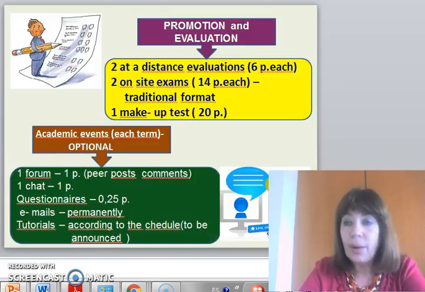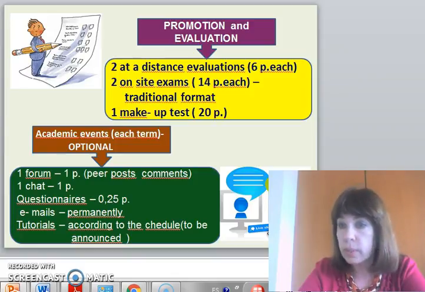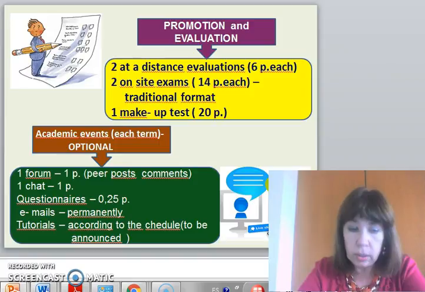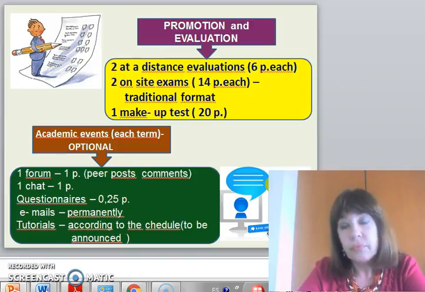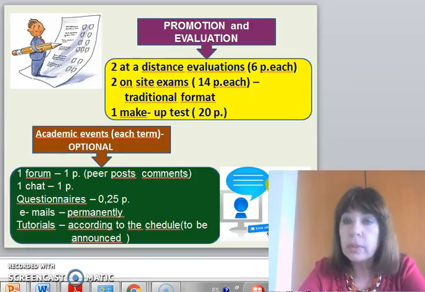Well, and now a question that maybe most of you are eager to know: how you will be promoted and how the subject will be evaluated. So as you know, you are going to have two distance evaluations. They are scored over 6 points each, and I'd like to emphasize the importance of distance evaluation, because if you don't upload the distance evaluation to the EVA system, you will not have access to the final test, and you will automatically fail. So it is very, very important for you to do the activities of the distance evaluation and upload them